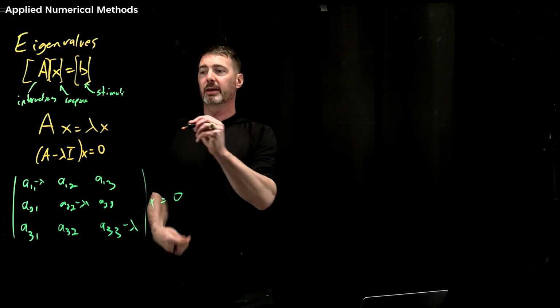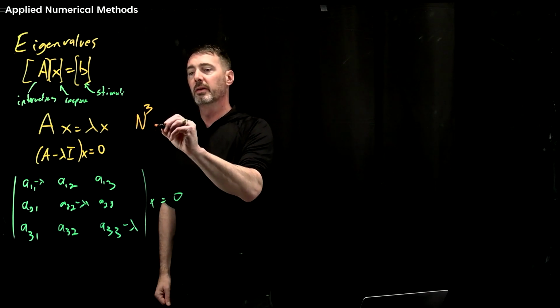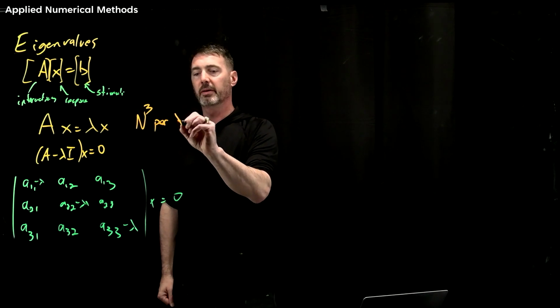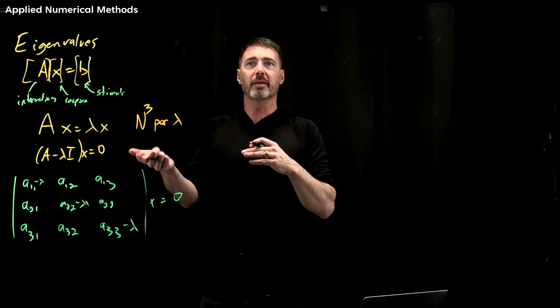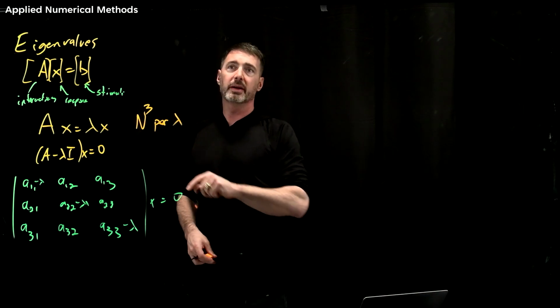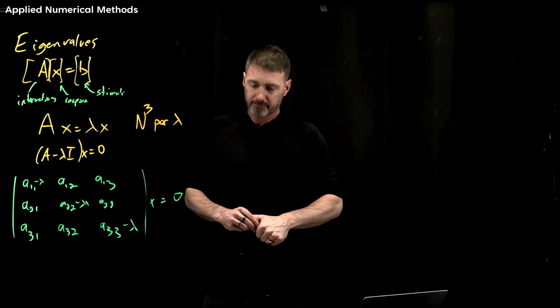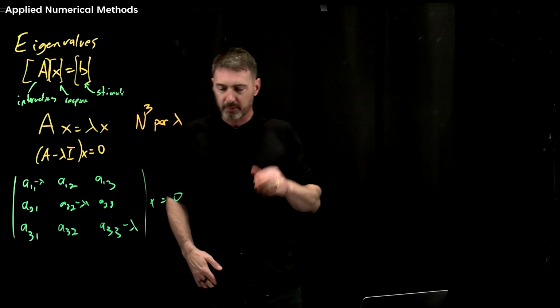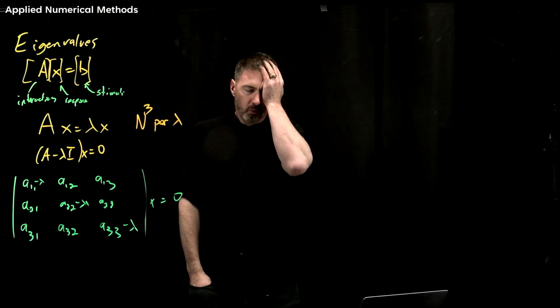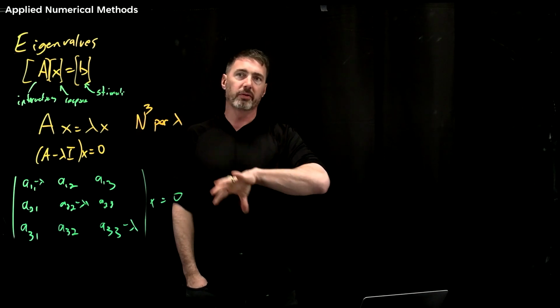What you see is this takes n cubed per eigenvalue. Well, maybe you don't see that, but this is the result. So this is a very, very expensive calculation. Let me give you an example, because one of the things that stalls, I'll show you some equations,